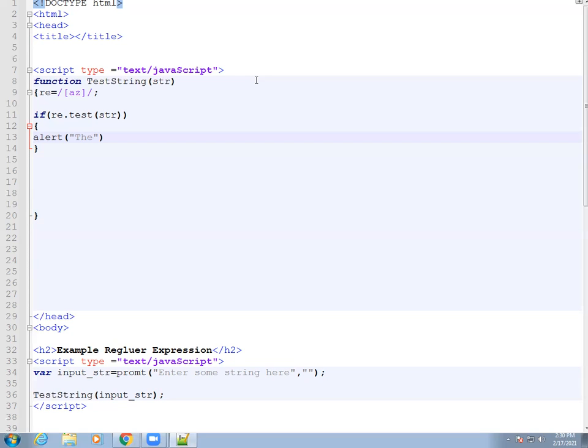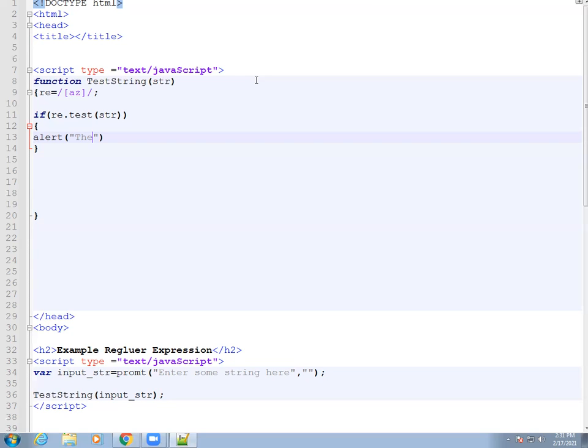So as I told, what is that slash or bracket used for? The pair of square brackets following the first slash tells the browser to search the text for the characters which appear within the brackets. Correct. So in this expression, two characters are within the square brackets, A and Z. So that tells the browser to determine whether the text includes A or Z or not. So when the user writes something on that statement, which we give, the user enters some string here, that statement will be checked using this regular expression, correct? And in that it checks whether A or Z is present or not. That is the regular expression condition.